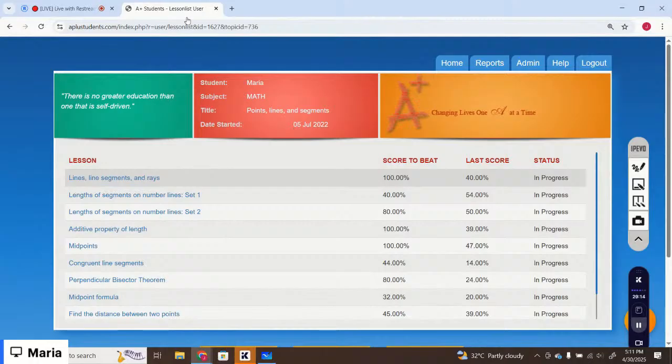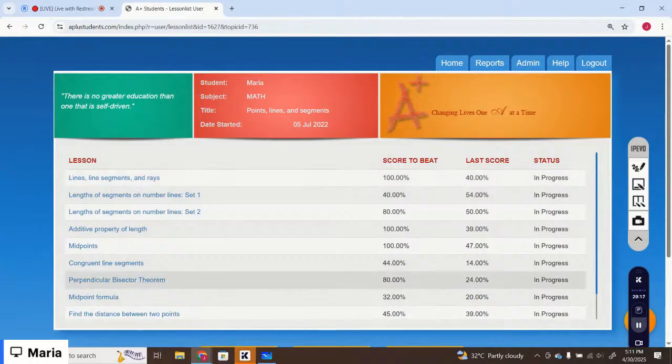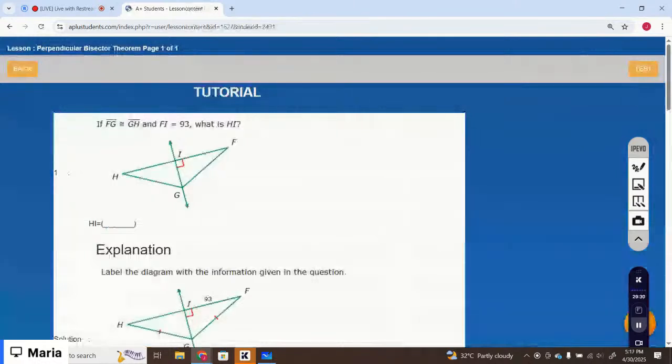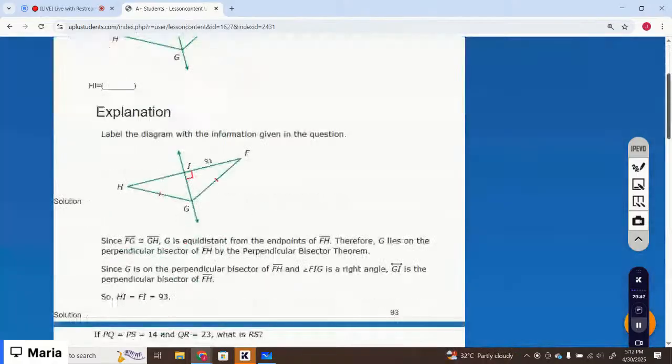The next lesson is perpendicular bisector theorem. If FG and GH are congruent and FI equals 93, then what is HI? Since FG is congruent to GH,